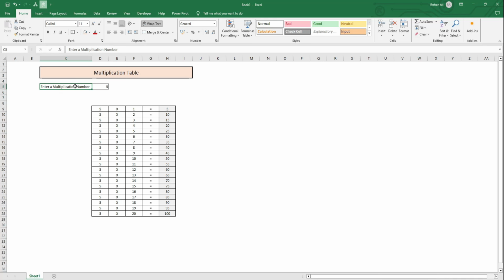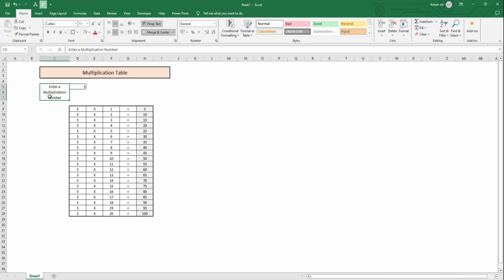Why didn't it happen? Merge and Center, wrap the text and try to close it. Yeah, enter a multiplication number. Let's give it a border. Okay,